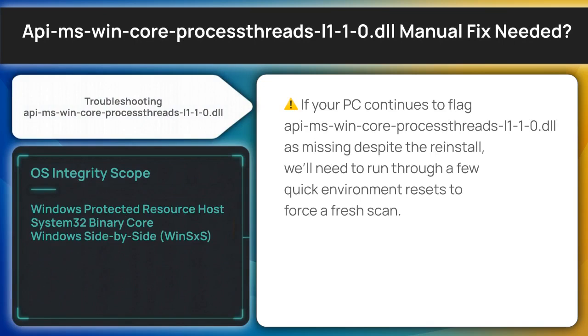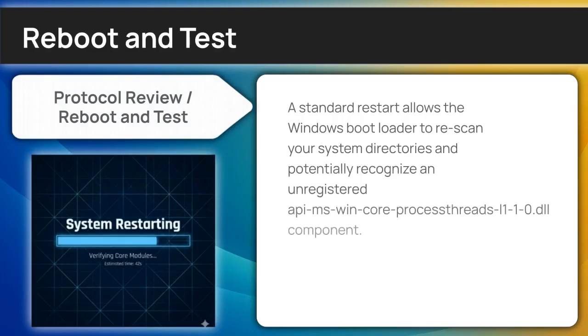your system's startup environment. Performing a restart can determine if the error is just a transient environment glitch. A reboot refreshes your system's path variables and can sometimes re-establish a broken link to the core process and threads